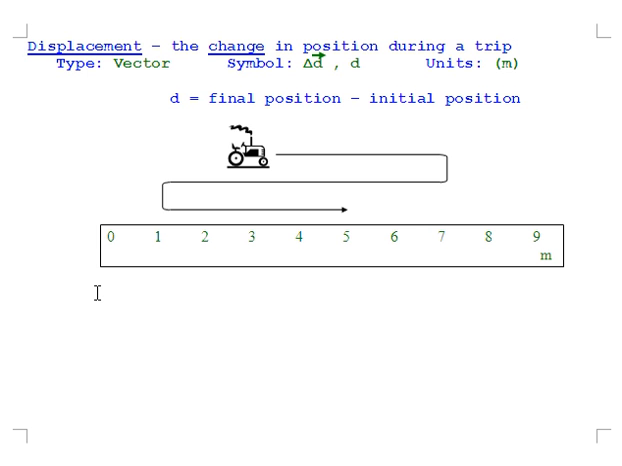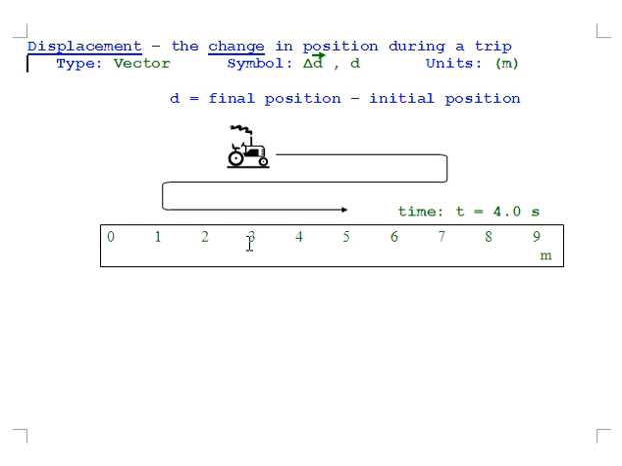So this tractor goes forwards, goes backwards, goes forwards again. We're not going to count this movement as anything. It's just to show that it goes forwards a few meters, backwards a few meters, forwards a few meters. We want to figure out the displacement of the tractor. So it finishes at 5 meters. It started at 3 meters. The difference between those two,